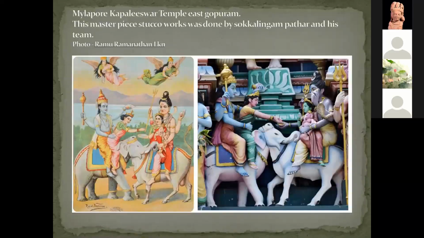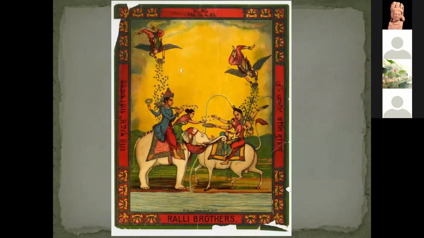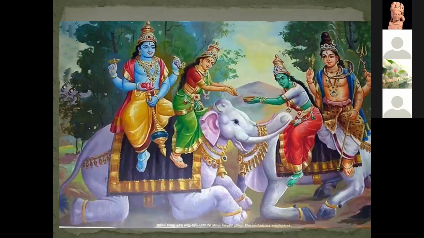After that I started searching for other representations as well in other mediums. So in Mylapore, at the Kapalishwara temple on the East Gopuram, we also find one stucco sculpture of the same representation, along with Raja Ravi Varma's litho print of the same concept of the fusion, and the legend behind this particular sculpture. We also have a few other litho prints of